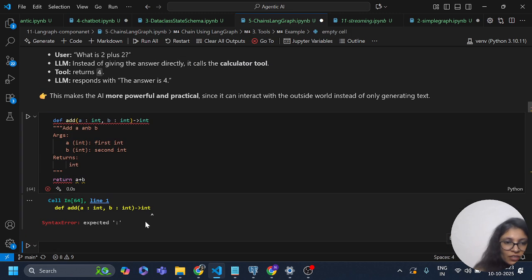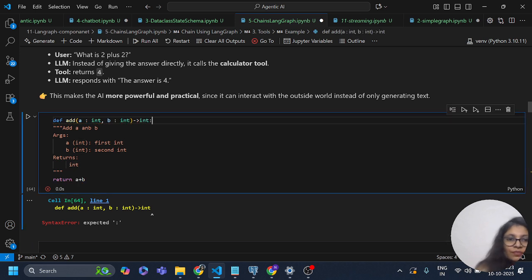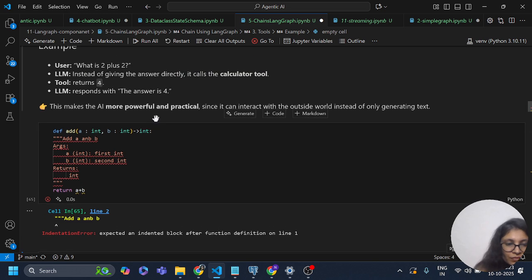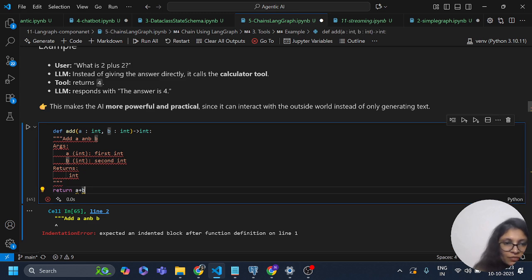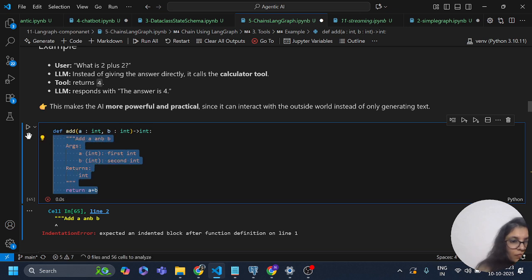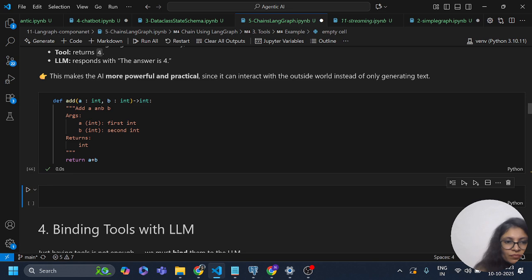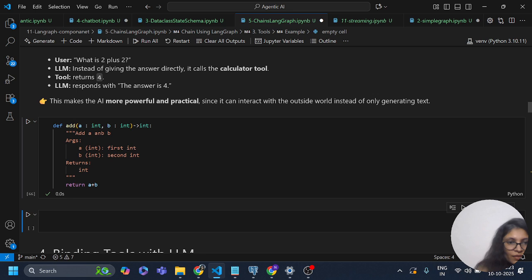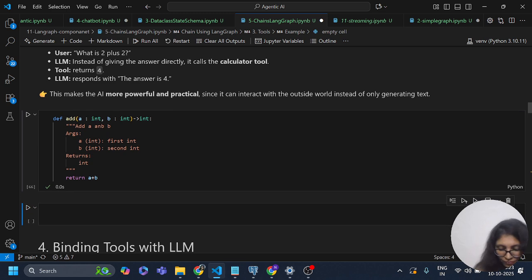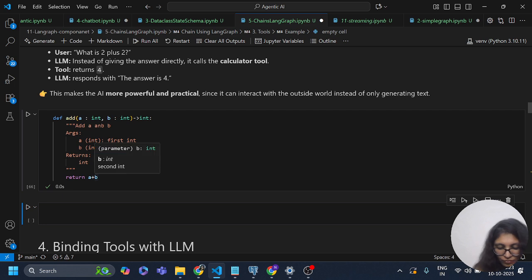What is the wrong syntax? Expected syntax. Okay, here now there is an indentation error in line number 2, in a and b. Here I can see. Now llm equals to